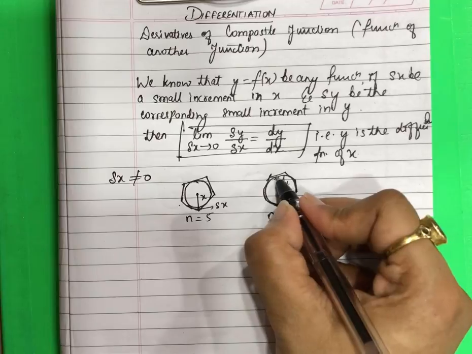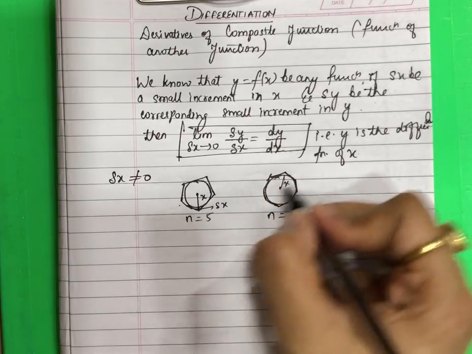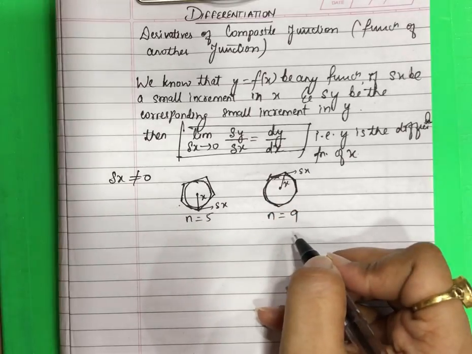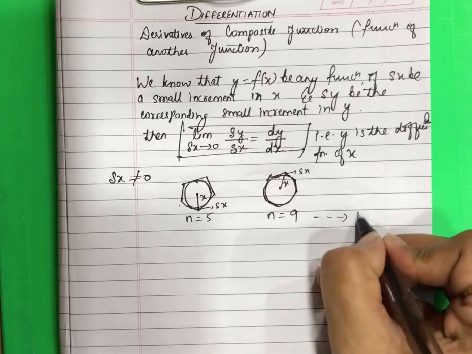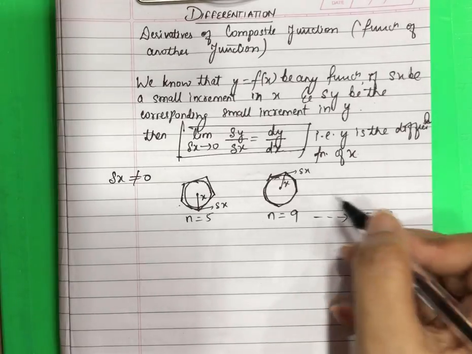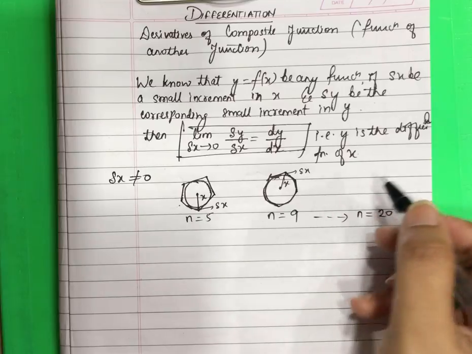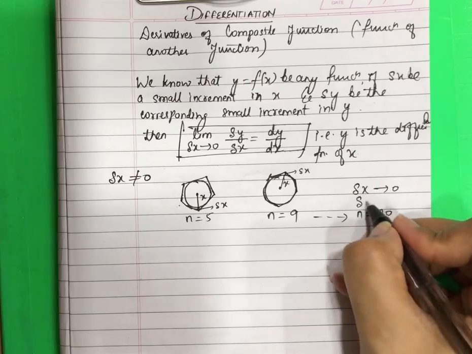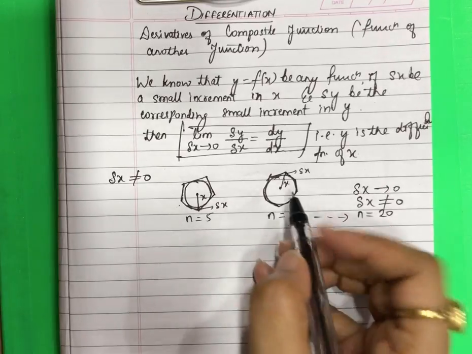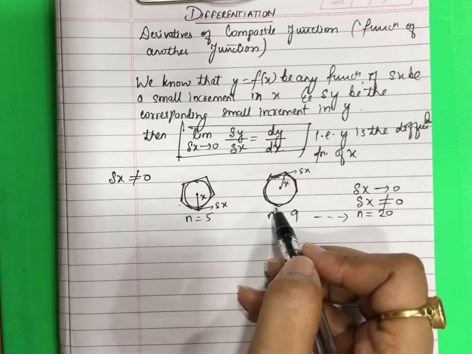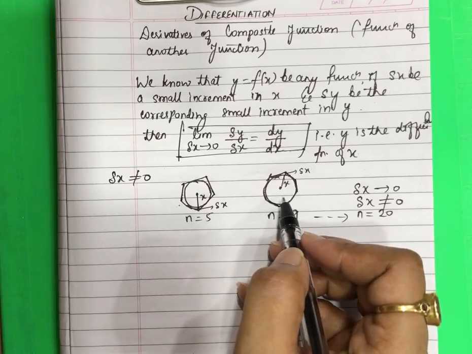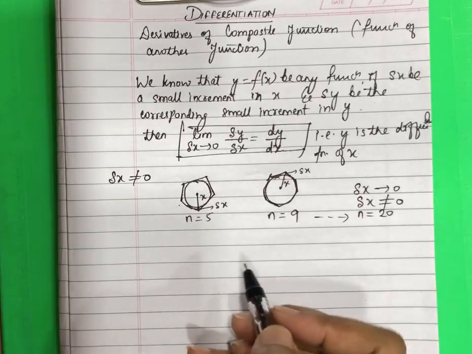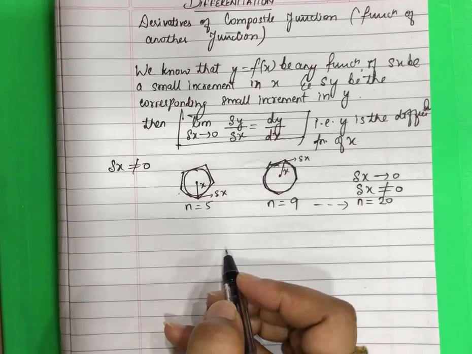You can see that this del x varies. It becomes smaller as we increase the number of sides. So in continuation, if I take n equal to 20, this del x would become very small. So this del x would tend to 0. It seems like 0, but it would never be equal to 0. This is the small increment del x in any of the values given to you. It would be the same for y, u, v, anything which we use in the theorems of derivatives.